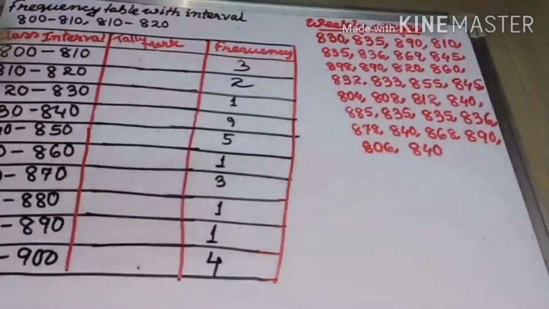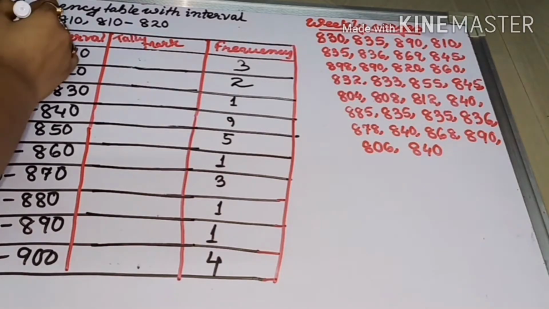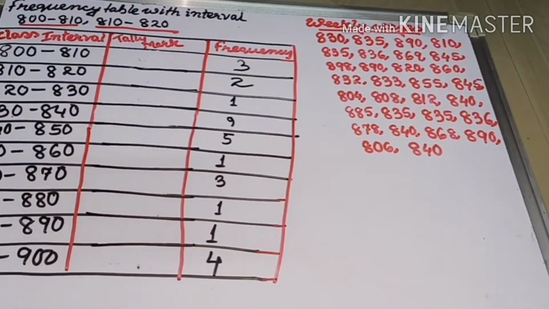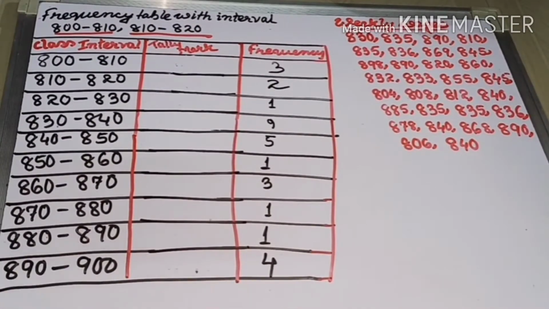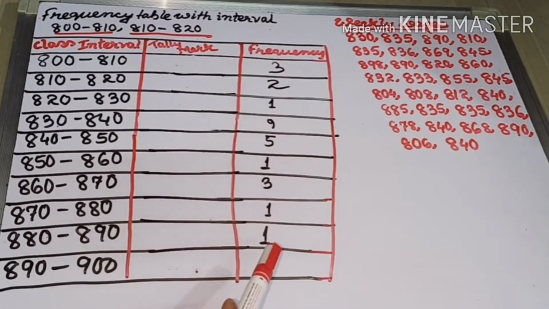so on. So now the first thing we need to decide is the class interval, because we know that class interval has come from the concept of groups, right? So first we need to decide the class interval. Here the class intervals are already given, that is 800 to 810 and 810 to 820. Okay, so the first column would be groups, that is class intervals. Second is tally marks, and third one will be the frequency.